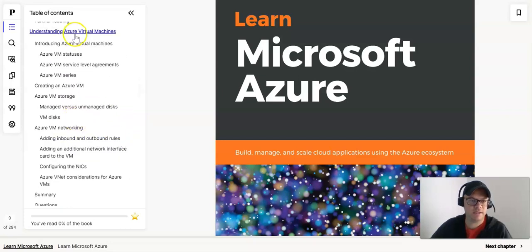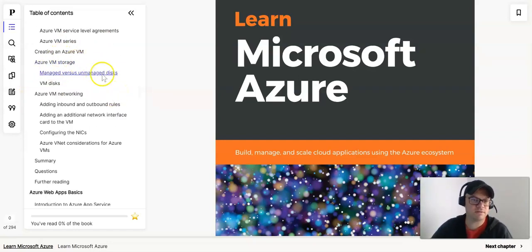Then it covers the Azure virtual machines, so everything regarding the VM statuses, VM service level agreements, VM services, creating Azure virtual machines, all the storage on the virtual machines, how you manage managed and unmanaged disks on the virtual machines, adding inbound and outbound rules, adding additional network interfaces, configuring the NICs, and